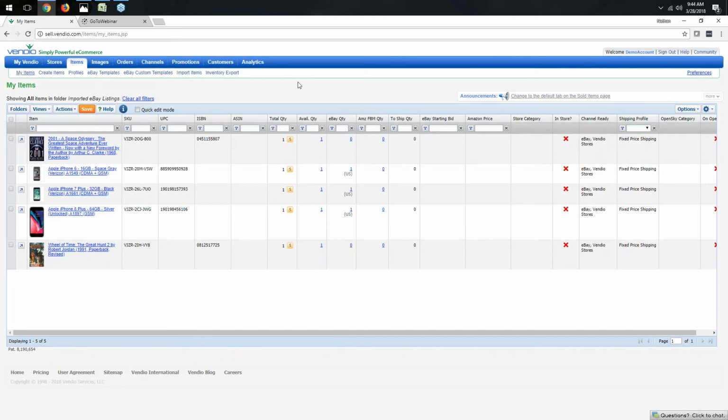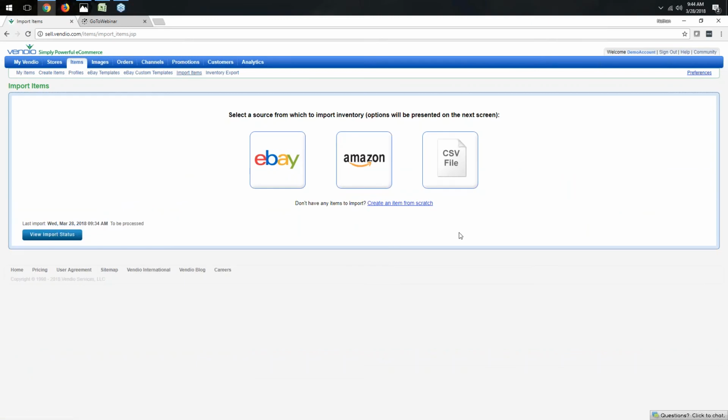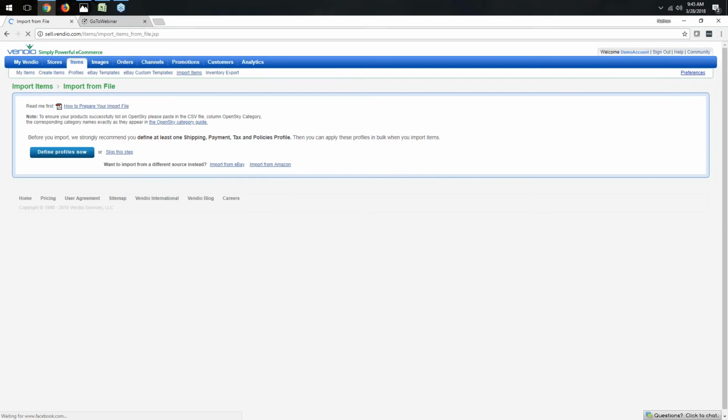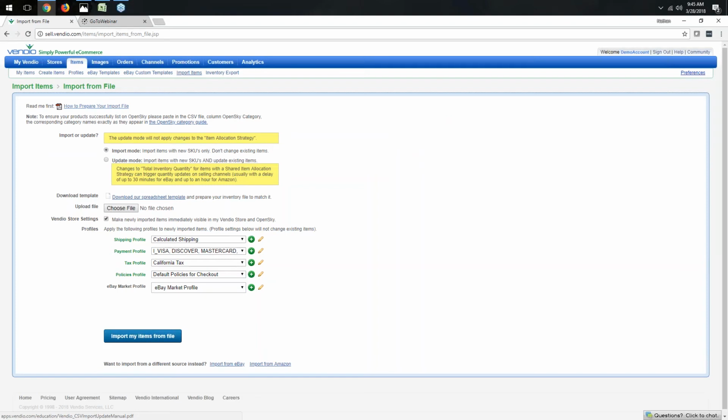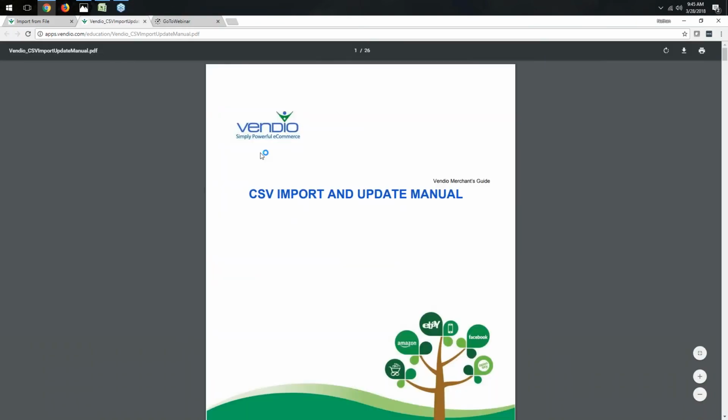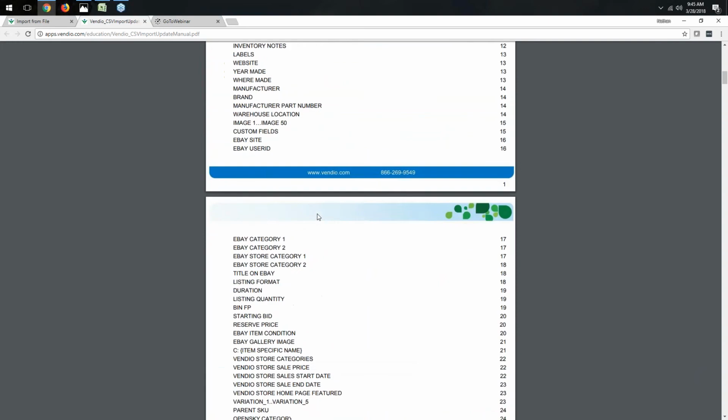But in order to use the CSV import option, we're going to go to Items, and then Import Items. And then we're going to click on the CSV File button. And on this page, there are two pretty important links. The first is the link to how to prepare your import file. And this has all of the different fields and values that can be used, and also explains how they work. So if you take a look, for example, scroll on down